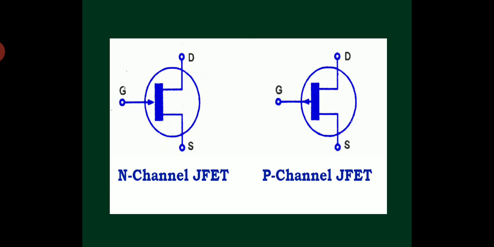Okay, and one of the most important characteristics of FET is its high input impedance. FET has very high input impedance. As the FET has high input impedance, literally no current flows through the gate terminal, or a very low amount of current flows through the input of JFET.